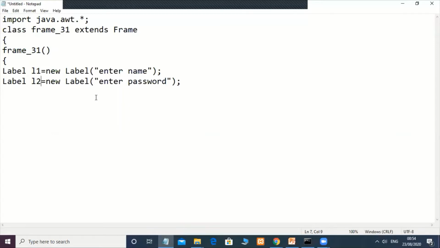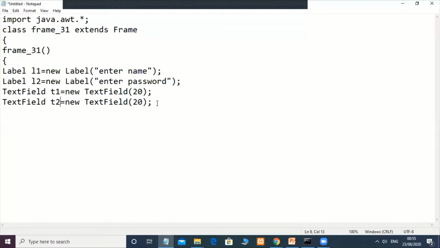And we need two text fields: T1, new TextField, and one more text field we require. F should be capital here, and here also F should be capital. Okay, I have created two text fields and two labels.